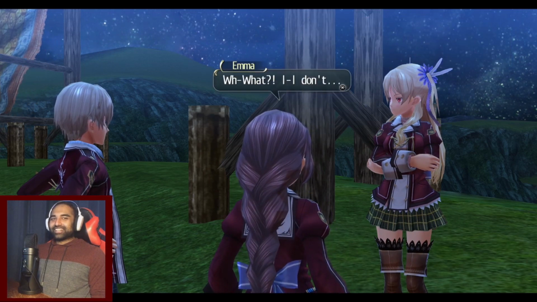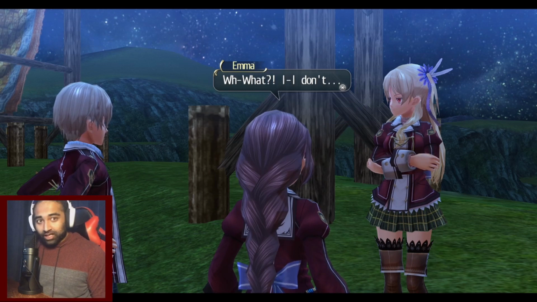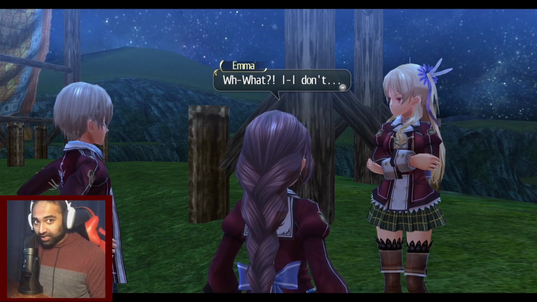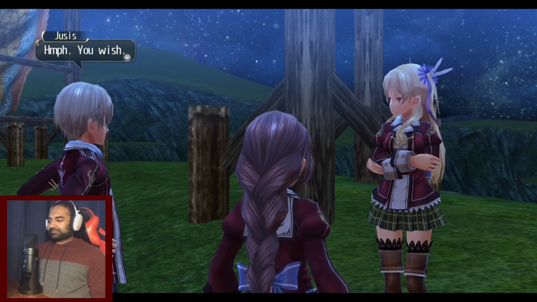You ain't getting nothing out of us. 待ってください。Oh, but I want to know Emma's secrets. I want to know Emma's secrets because she has a lot. We need to uncover those. お断りだ。